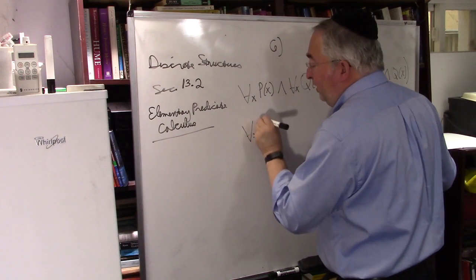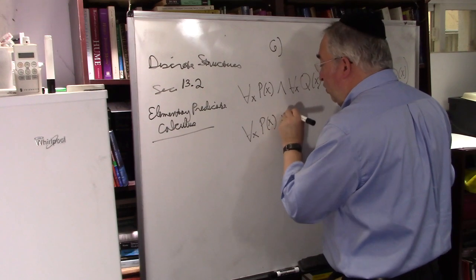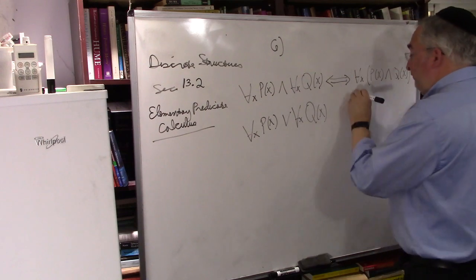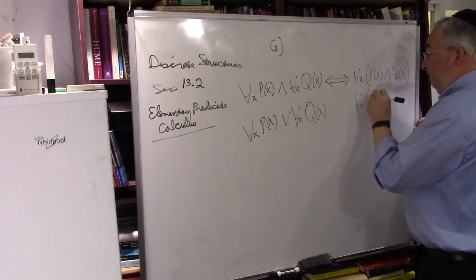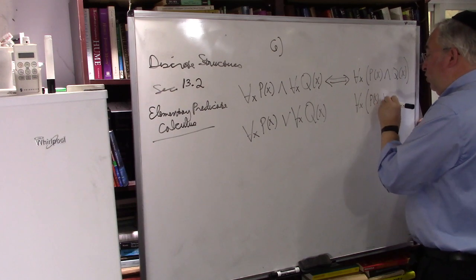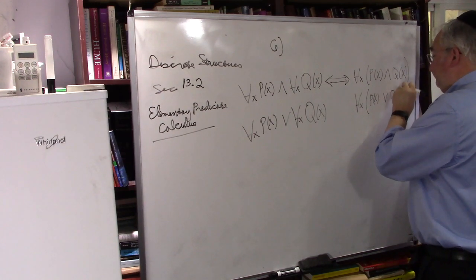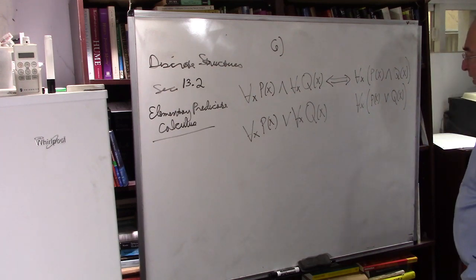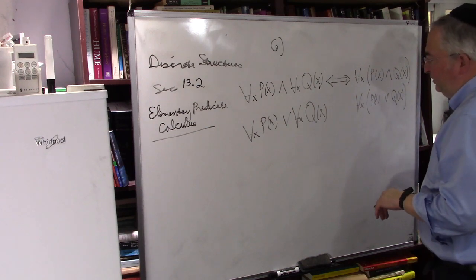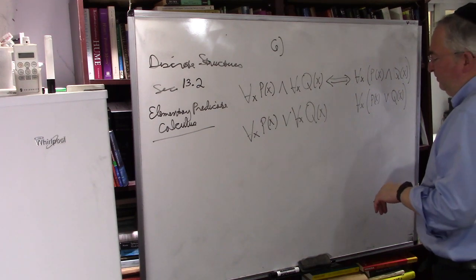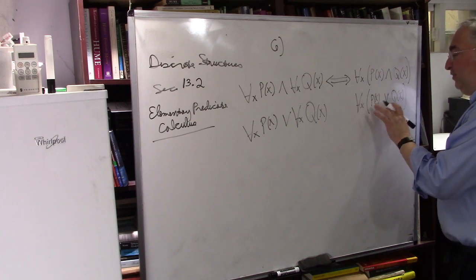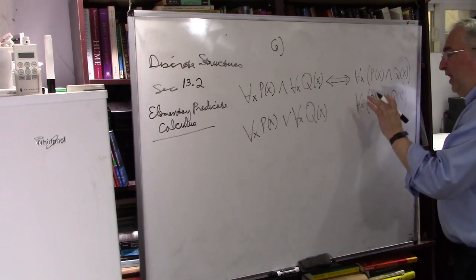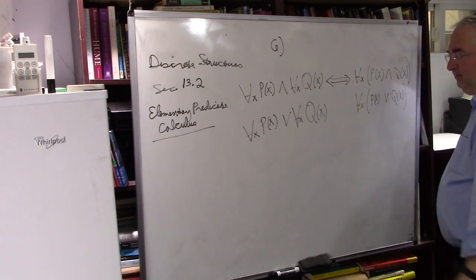For all x, p of x, or for all x, q of x, versus for all x, p of x or q of x. Okay, let's go through this. Let's do handsome and smart and rich. If everybody is either rich or handsome, I'm sorry, I said rich or handsome, if everybody is rich or handsome,